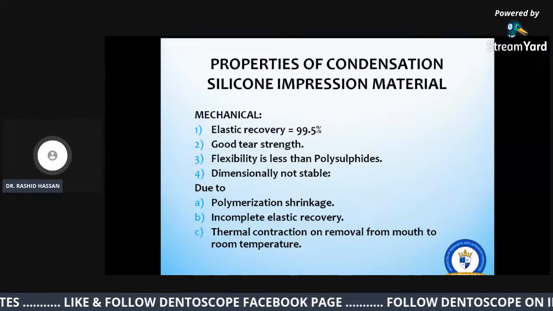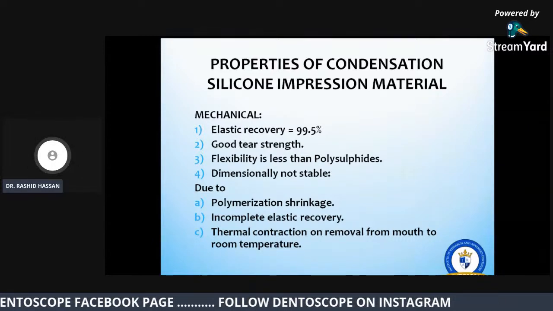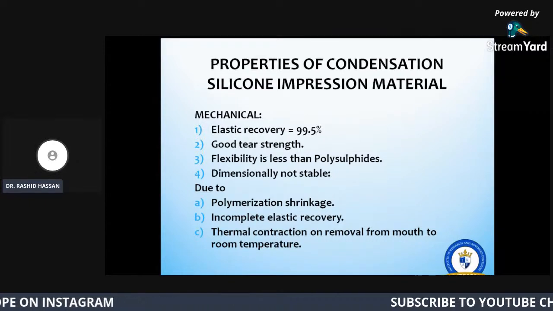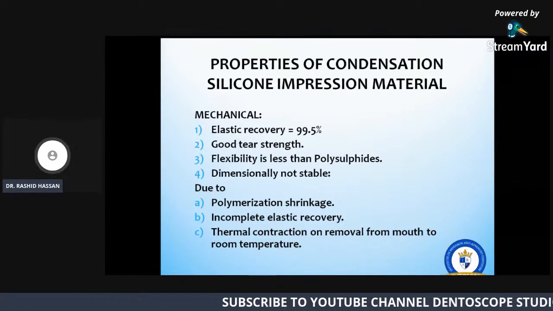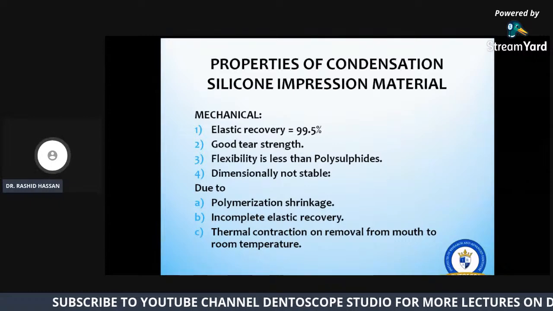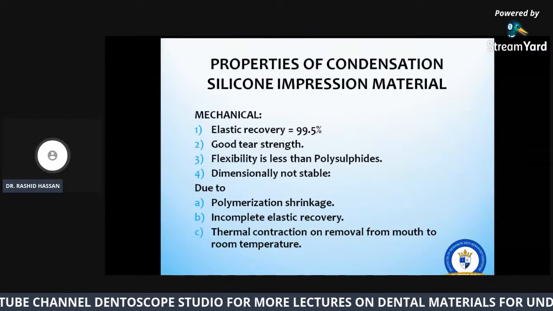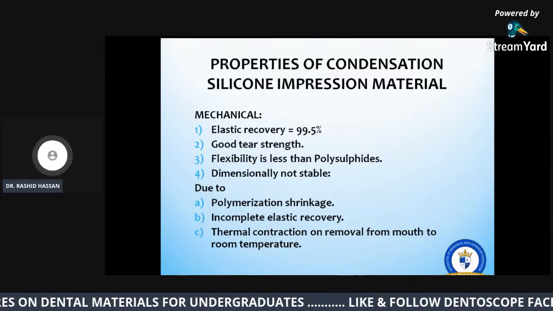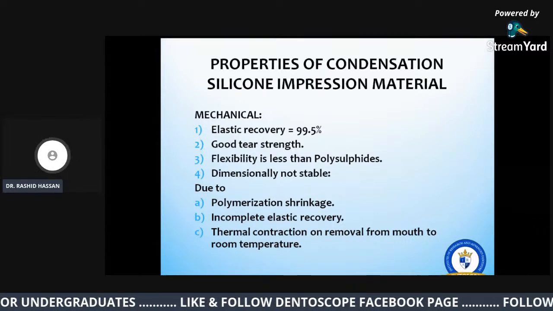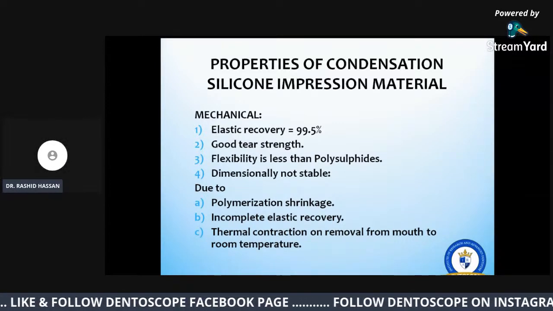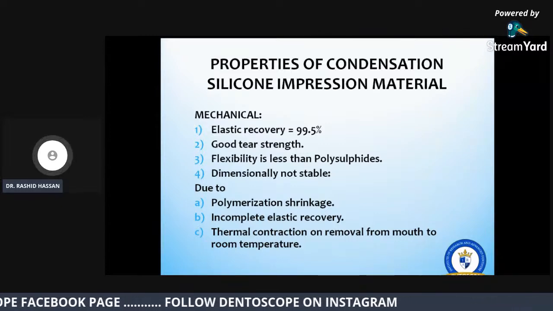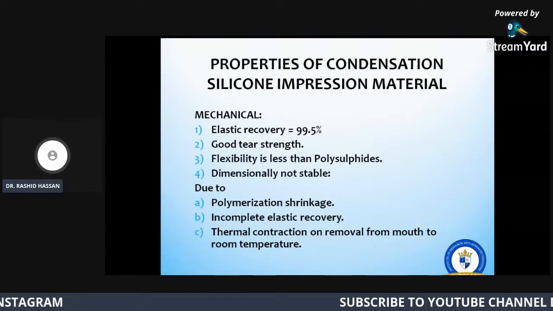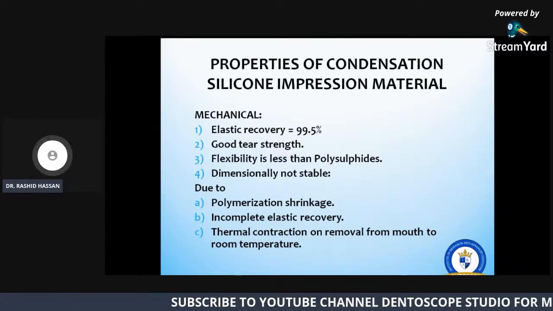When we move ahead, you're going to see that the other two elastomeric impression materials have much better properties than this. Now coming to the elastic recovery, it is 99.5, very well, excellent elastic recovery in case of the condensation silicons. 99% is good. Last in the polysulfide, it was 98%. Then it has good tear strength. That is also a very nice property, because we want to record the undercut areas, and that is only possible